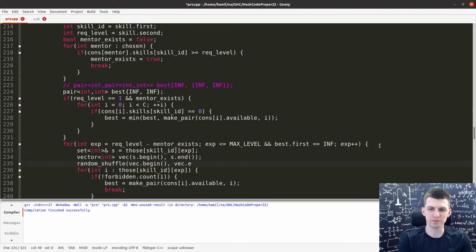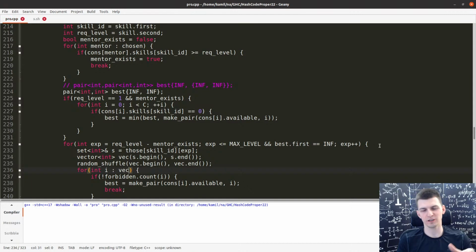Oh, but that's a very bad order, because now doing this annealing on all of that becomes more random.